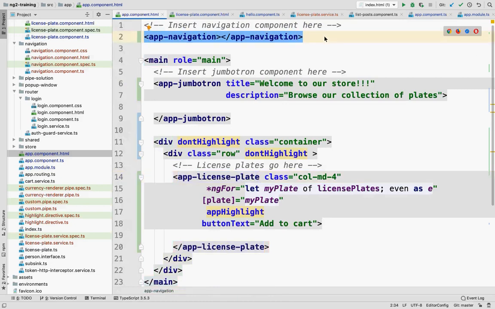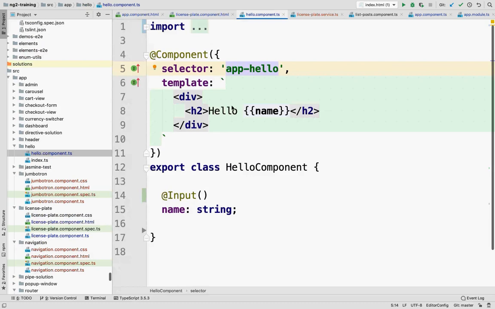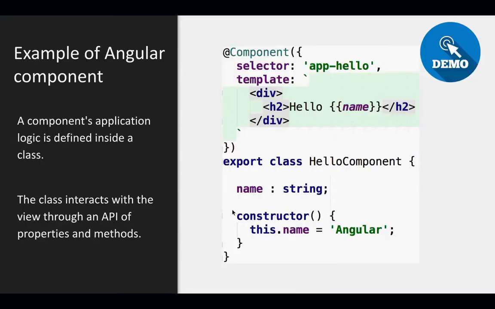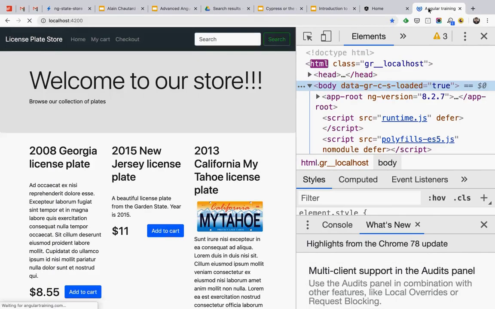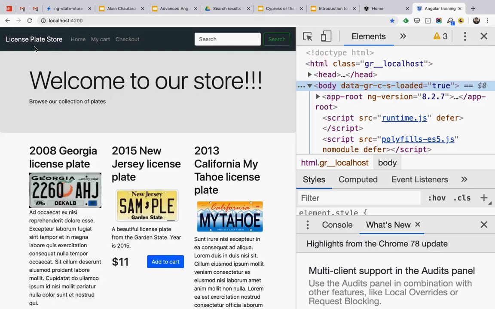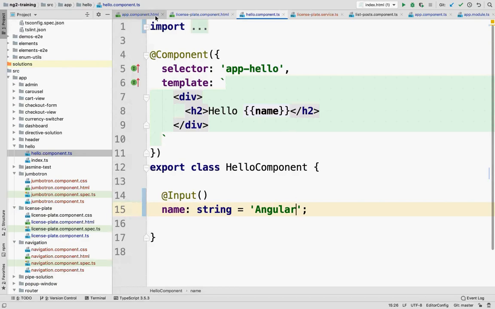And if I wanted to add my hello component to the mix, I could do app hello in the middle of here, for instance. And that would end up loading the following components. That's going to say hello name. Let's have a default value of Angular for this. And now when I go back to here, it actually shows up behind the Jumbotron, so that's because of CSS.